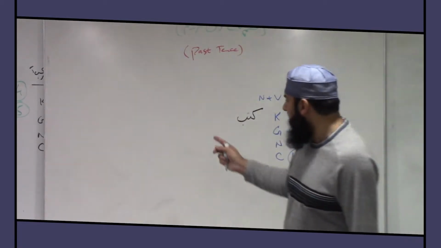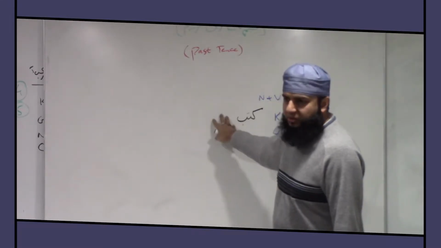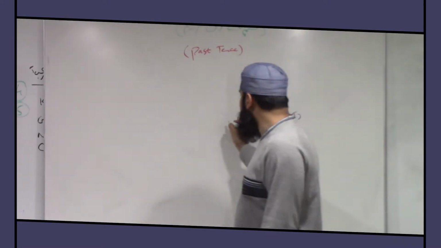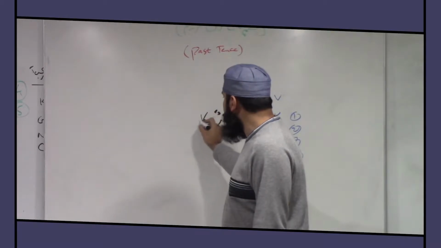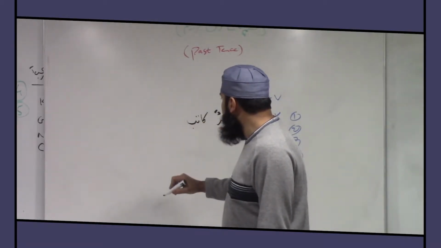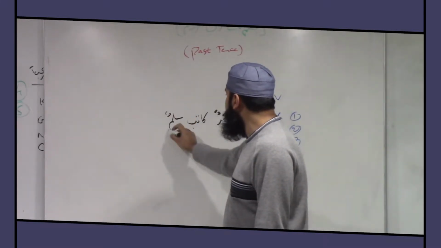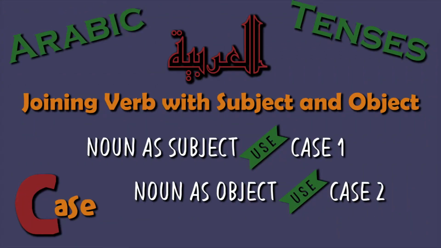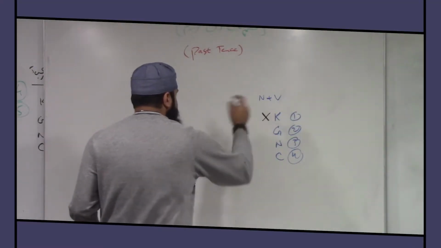You can even say Muhammad with it. You can say al-Katib. You can say Katibun. Anything you can say. So kind doesn't matter. You can use Kataba Muhammadun, that is definite. Kataba Katibun, indefinite. Kataba Muslimun, indefinite. So the kind doesn't matter here. You can join anything with it. So we are done with the kind.